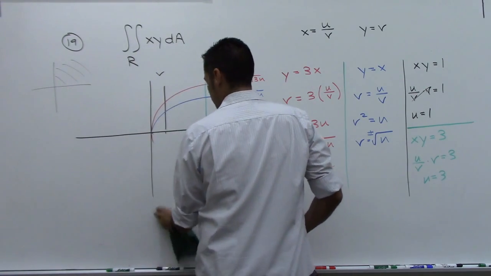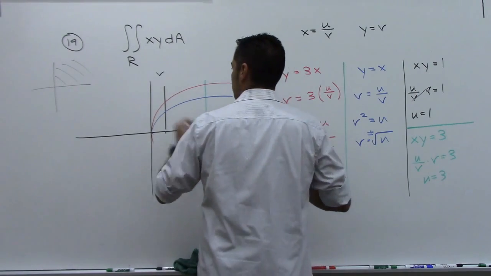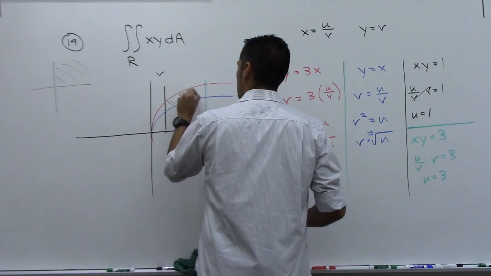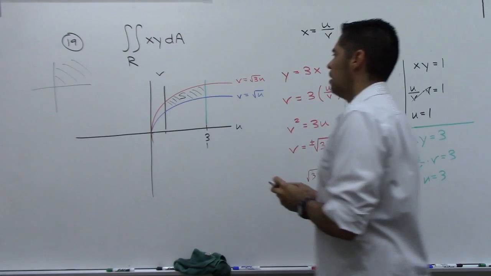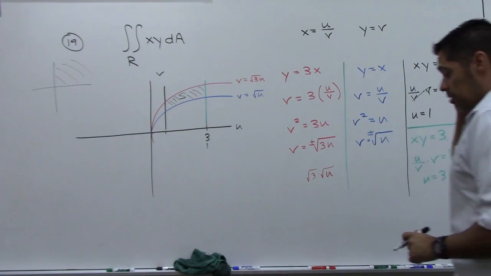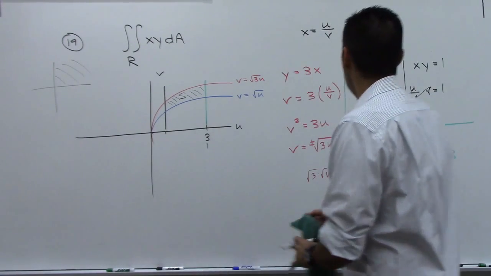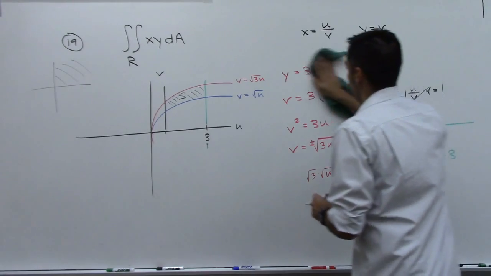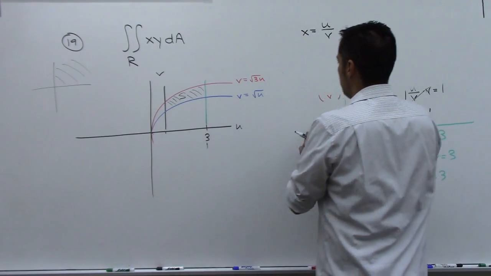I hope that made sense. So here's my region S. It's that region in there. Now I also need the Jacobian determinant, so I can erase this stuff. I don't need that anymore. By the way, that's a nice type 1 region